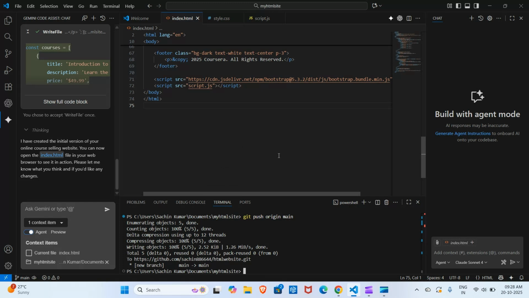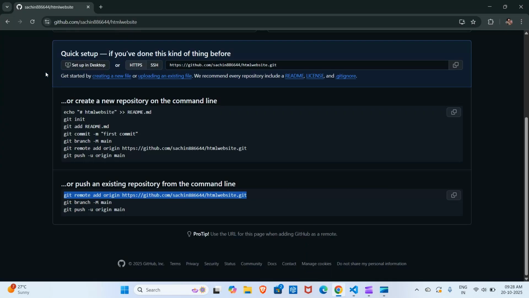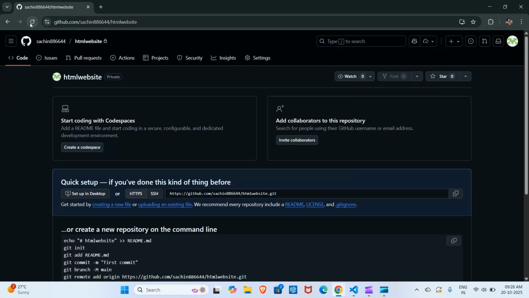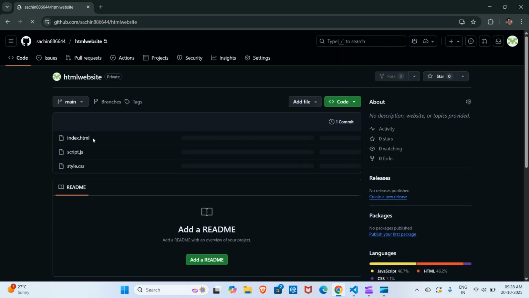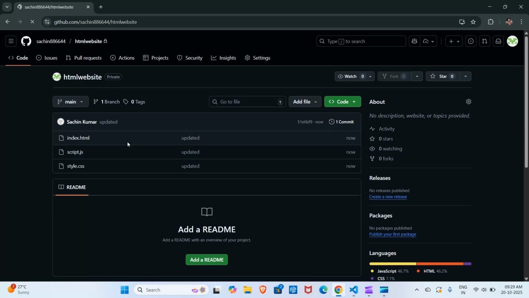And now it's time to host this website. So when I refresh this repository, I can see the website is inside. Here you can see the website is inside this repository. Now it's time to host this website. For this, to host this website,